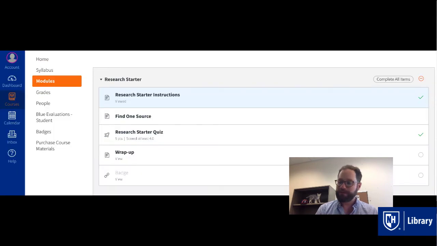The final steps for you are on the Canvas site for your English 401 class. Once you log into that, you should see a module marked Research Starter. In the Research Starter module in your Canvas course, you'll be asked to practice searching using the library website and search box